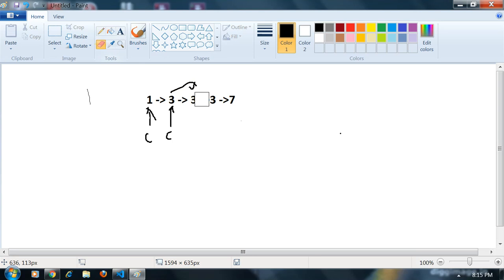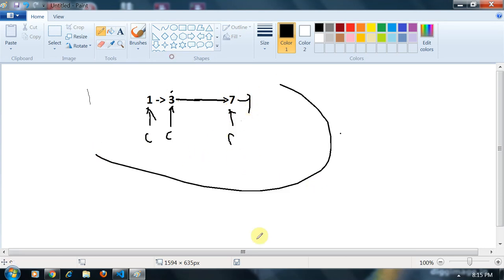So we will remove this, and our node will point to this, and we will not increment our current node. Now check if this is equal to this, yes it is equal. So simply remove this and our node will point to this. Now check if this is equal to this, it is not equal, so simply increment; this is our current node now, and no duplicates remain. So this is our pretty simple logic.